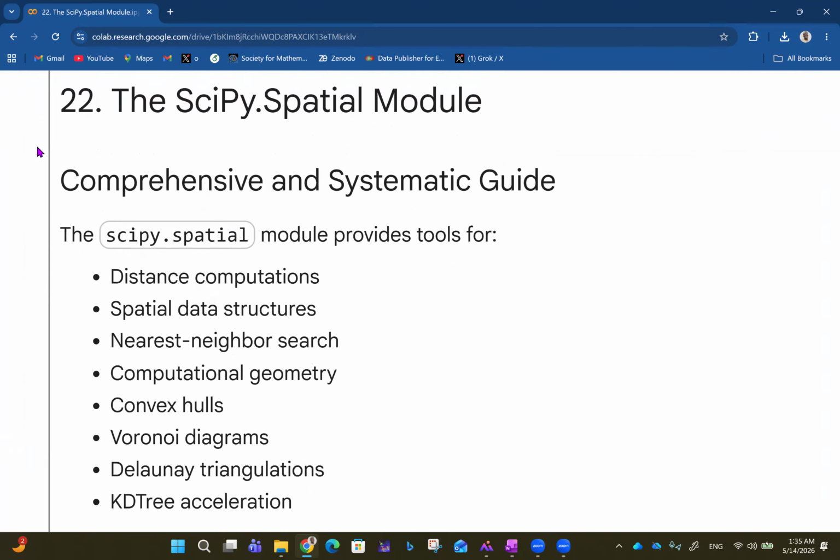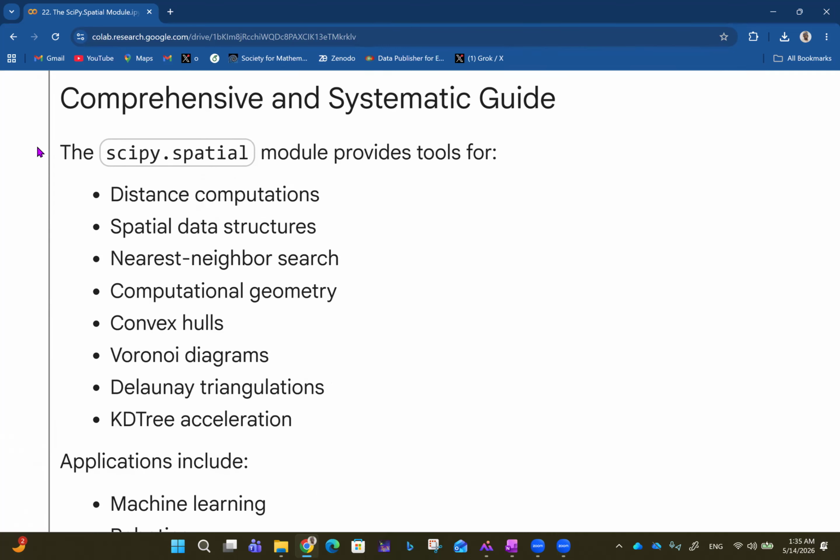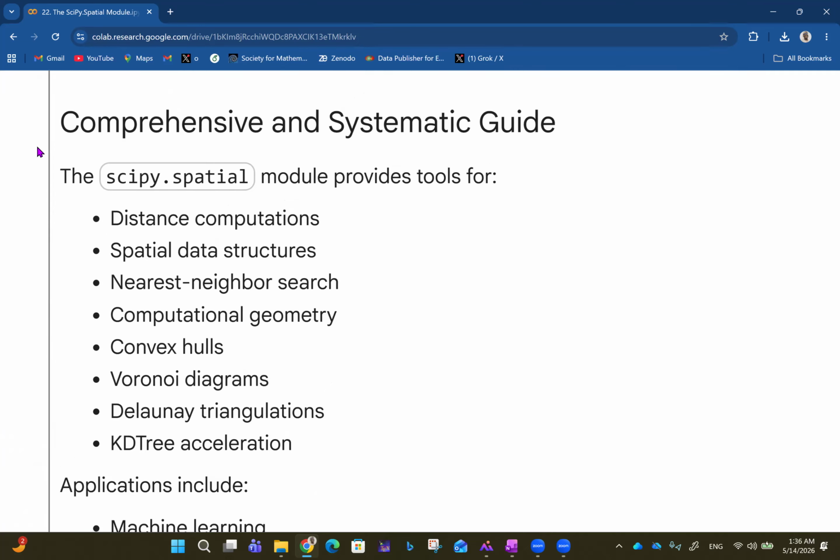The SciPy.Spatial Module provides tools for distance computations, spatial data structures, nearest neighbor search, computational geometry, convex hulls, Voronoi diagrams, Delaunay triangulations, KDTree acceleration. Of course, you can already see this has a lot to do with space and moving around, right? I can already imagine that some of these concepts are well deployed in our GPS systems. So when you use Google Maps and all that, these are some of the things that might be driving